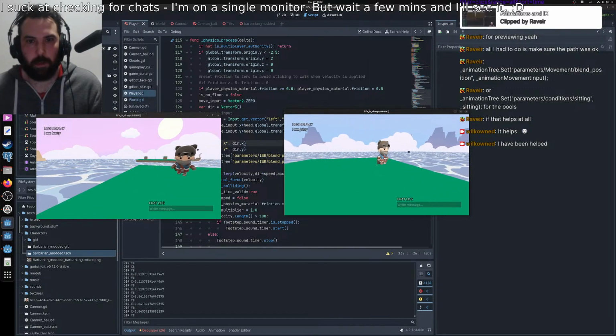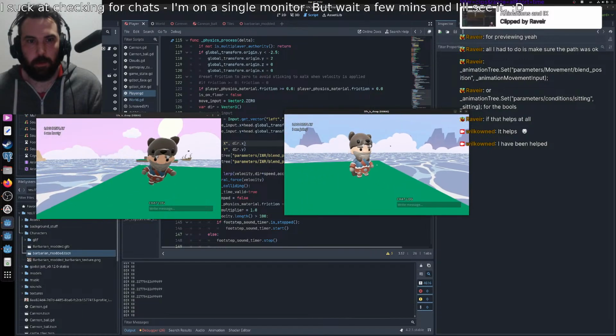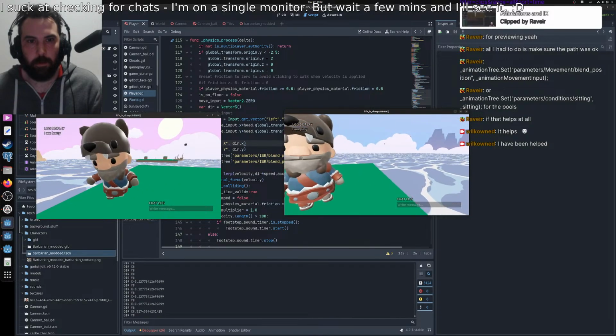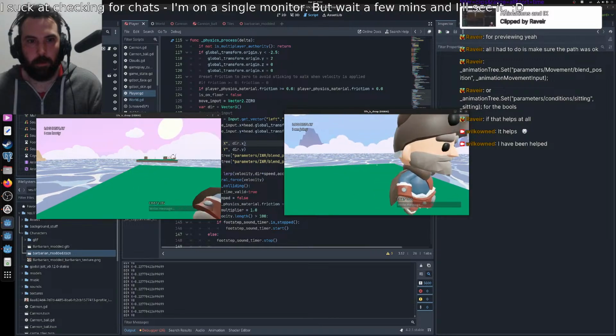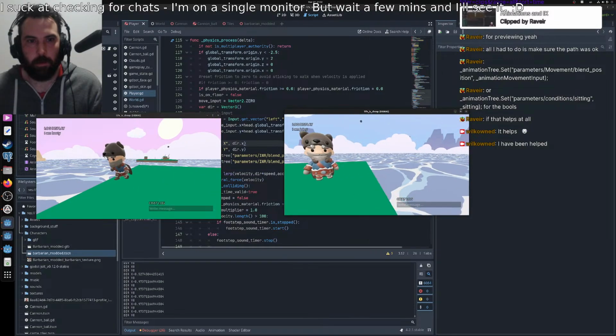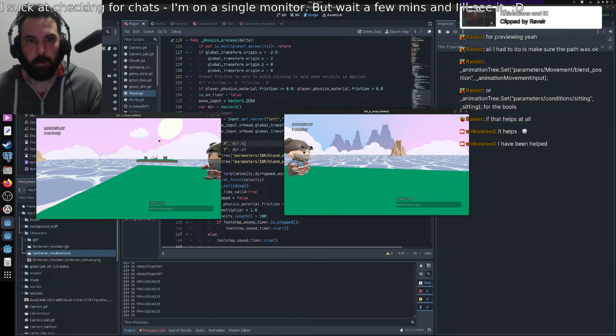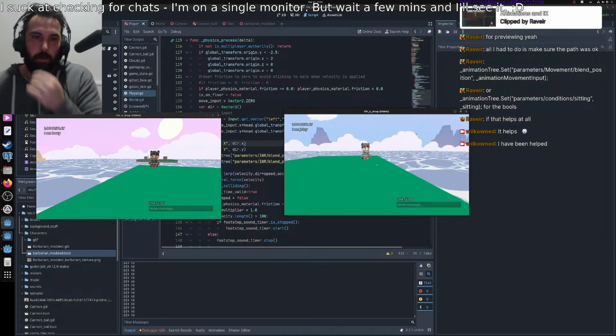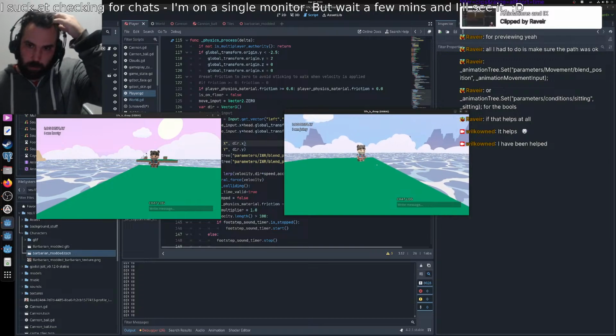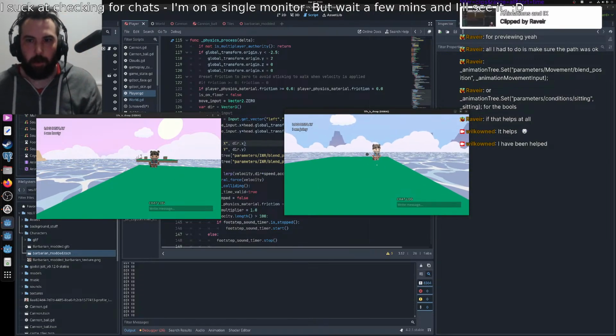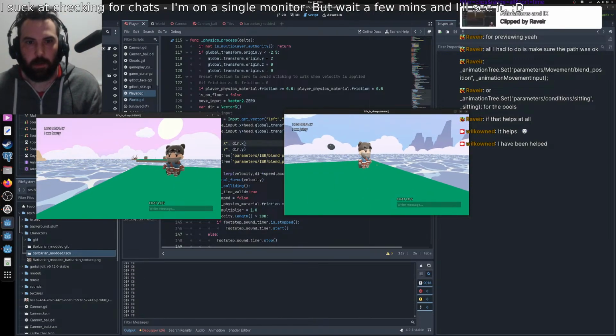I don't know exactly how we would do this. Probably the better way to do it would be to base it on the momentum of the actual character, so it's just like